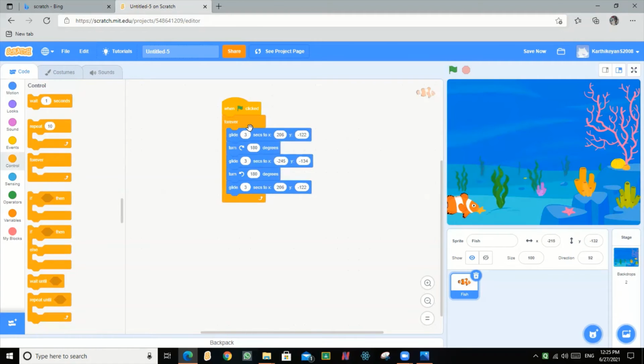If you start it, till you stop, the fish moves like this, rotates in the same position. Let's go. So I think that you have seen it, so I am stopping.